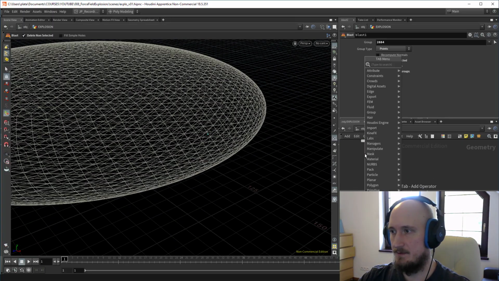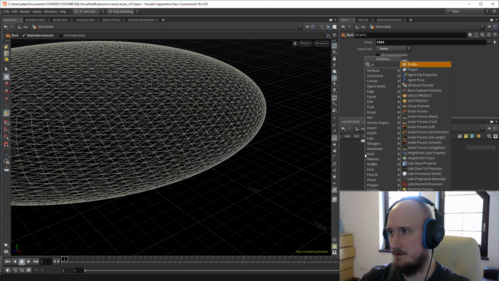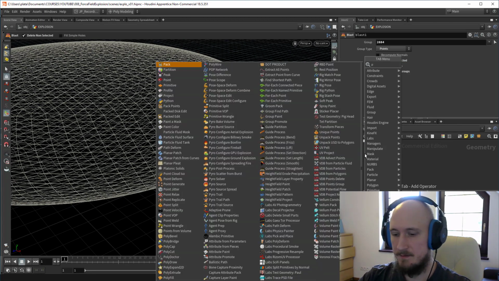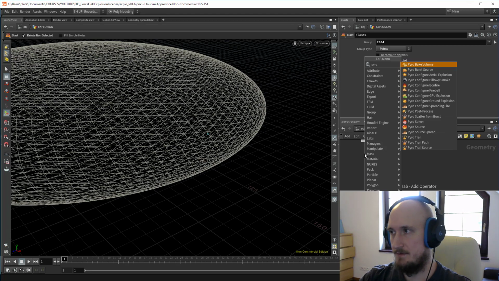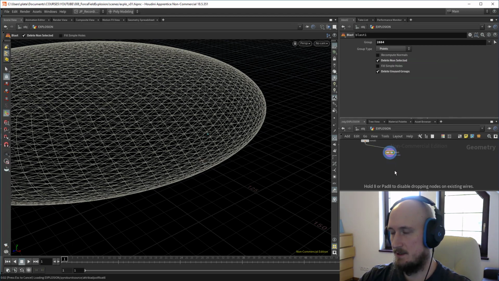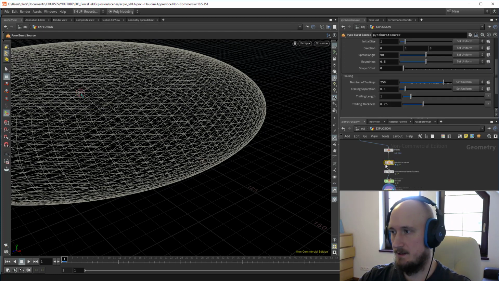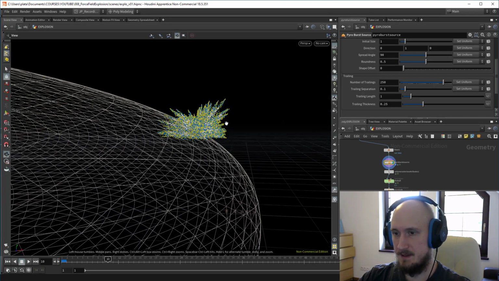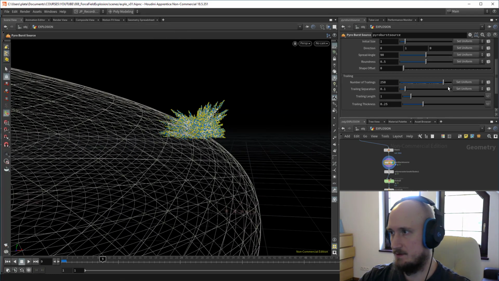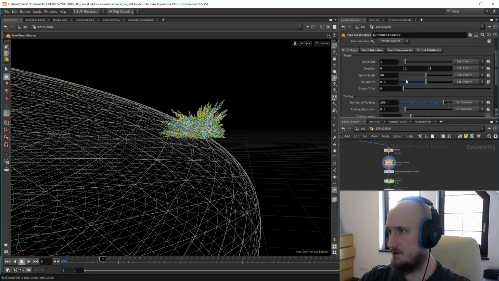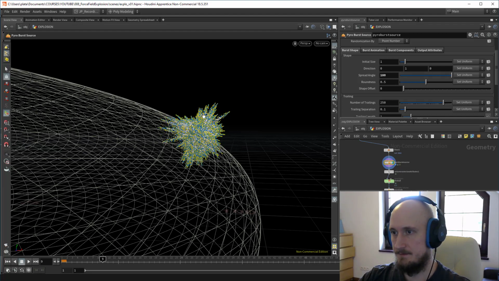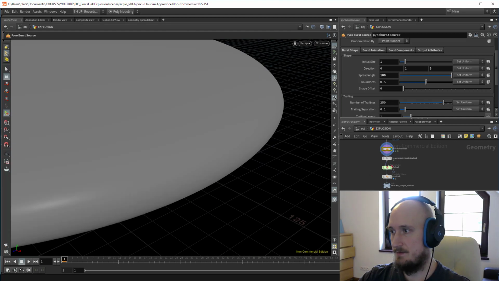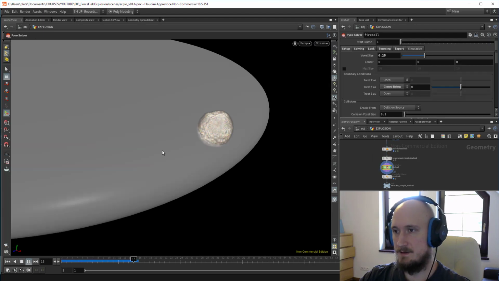For that, you can use the new tools, right? Pyro, if I can spell correctly. Pyro configure fireball. This might take a while. Okay, and there it is. Awesome, except that it's configured for ground explosions. Oh, we have to change the spread angle, I think. Yeah, awesome. So now if you just press play, there's an explosion and it goes up, but we don't